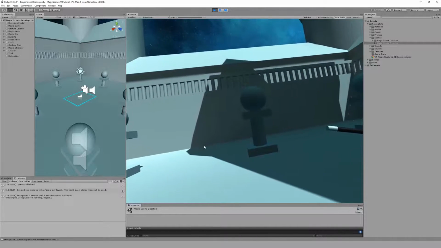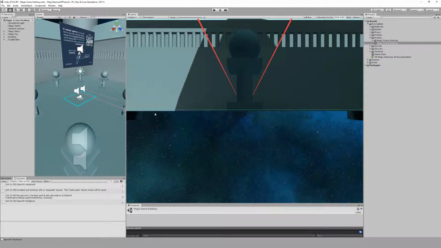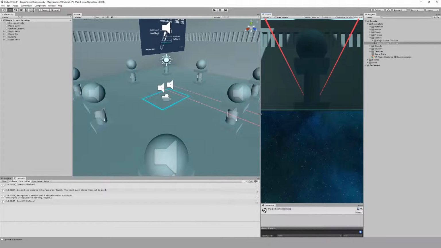Let's put it back for a moment and go back to our project. Hit stop, and we will go to a new scene. We'll create a new scene and show you how to incorporate in it all the important